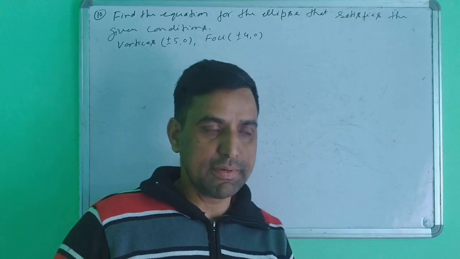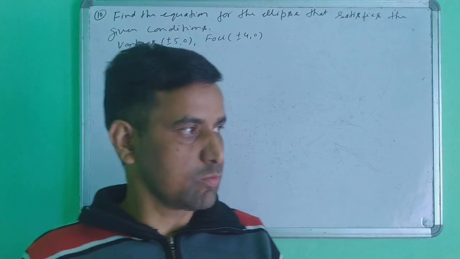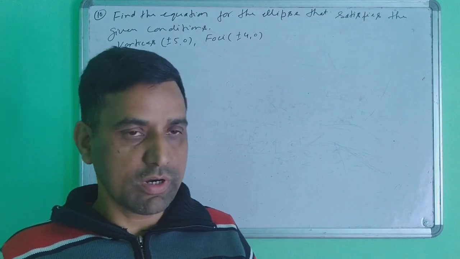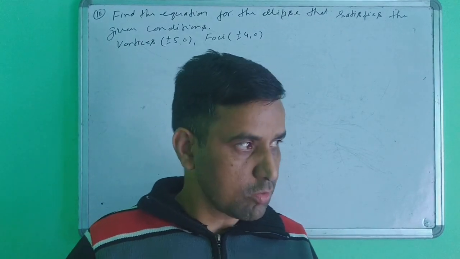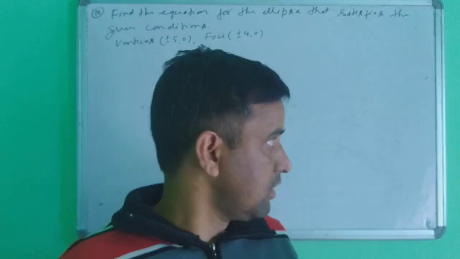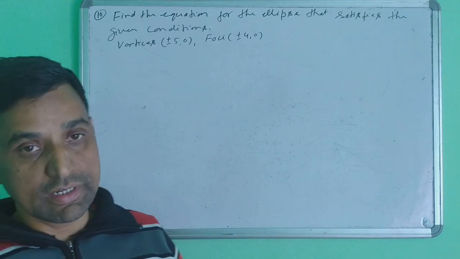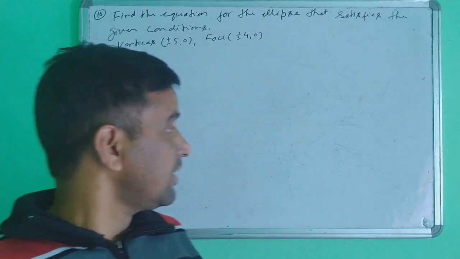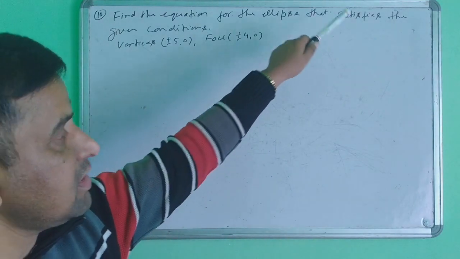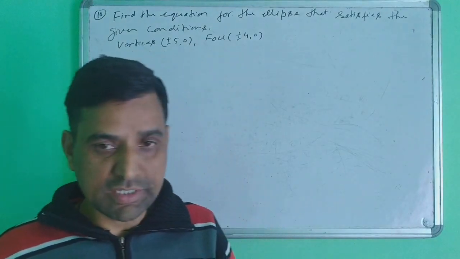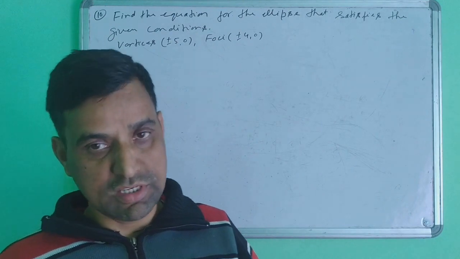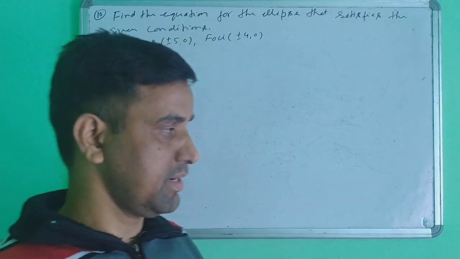Yes class, next I am taking question number 10. These are a different type of question. In questions 1 to 7, I have shown you how, when equations are given, to find the vertices, the foci, the latus rectum and so on. But in this question, the vertex and foci are already given, and you will find the equation of the ellipse. Focus points and vertex points are given in these conditions, and you will find the equation in question number 10.